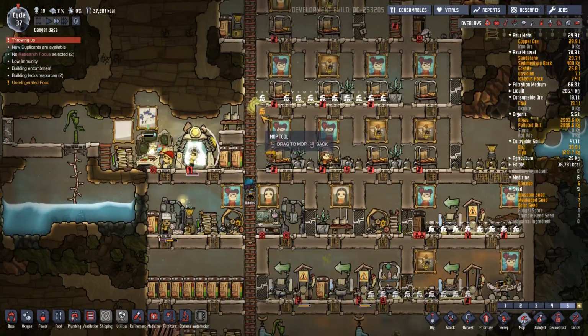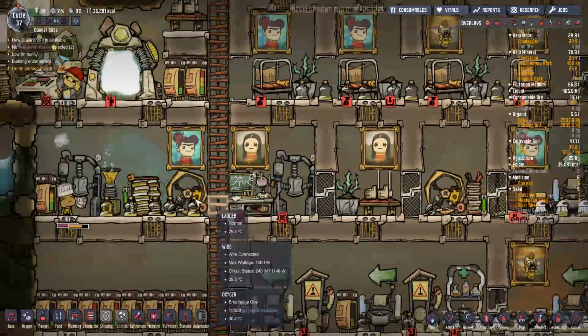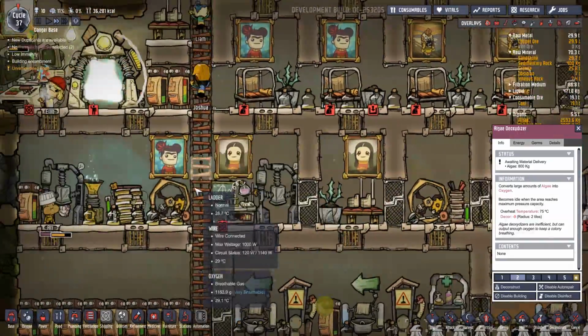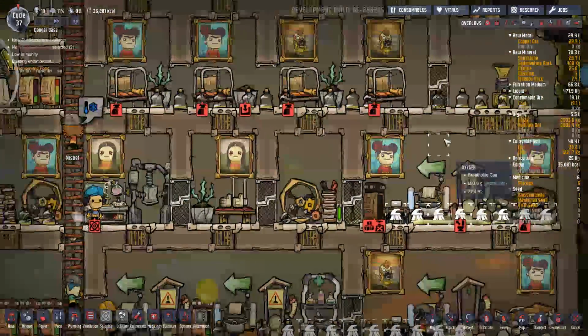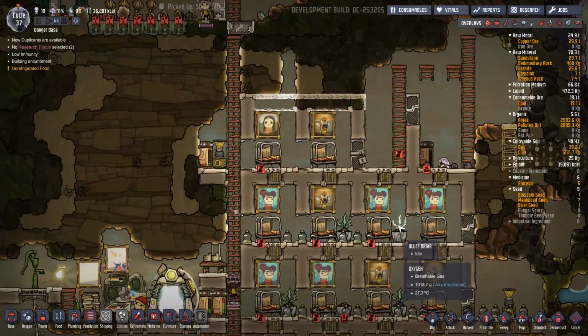Would you like to live in a base like this? I don't think so. What have we got these ones set at? A 2. Let's set you as a 2. Yeah, okay. You all set up with the wires? Yeah, okay. When someone gets there...